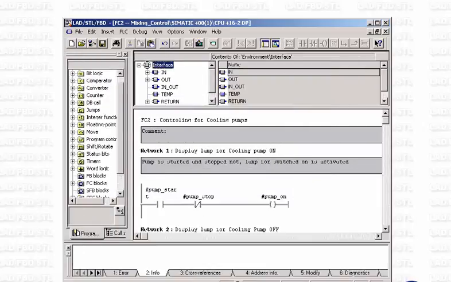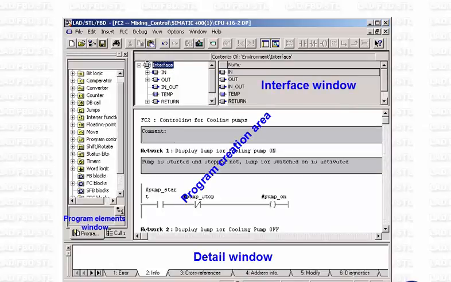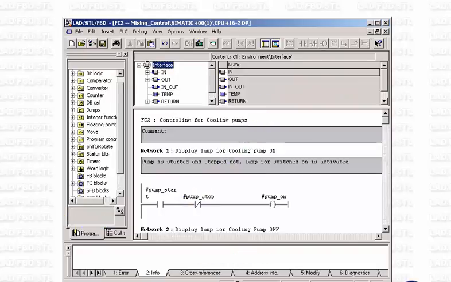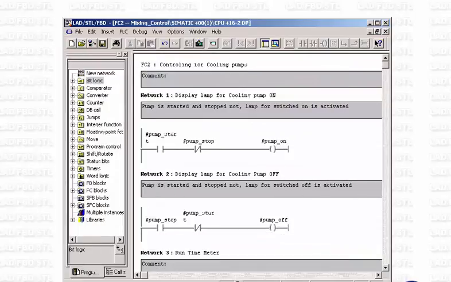We will show you here the main function areas of the program editor, which are displayed in different windows. Navigation in the editor is made quick and easy by the editor's Windows-conforming user interface with its familiar look and feel. Let us first have a look at the Program Elements catalog, which, like all editor windows, can be shown